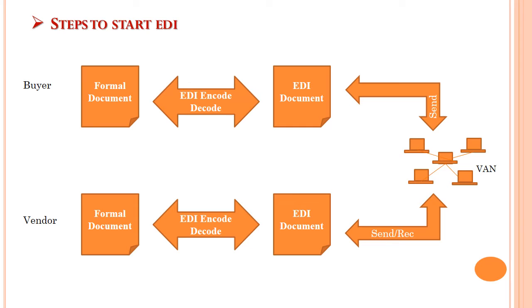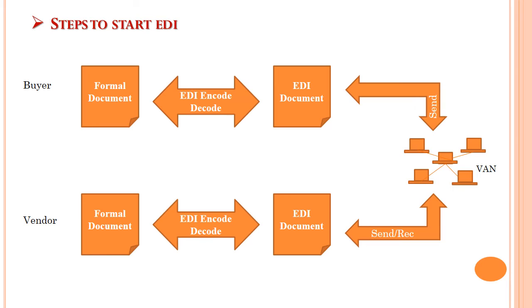So the first step is to collect and organize the data. For example, instead of printing a purchase order, your system creates an electronic file with the necessary information to build an EDI document. The sources of data and the methods available to generate the electronic document can include human data entry through a screen, exporting PC-based data from a spreadsheet or database, and purchasing application software that has a built-in interface for the EDI file. So this is the first step, prepare the document to be sent.